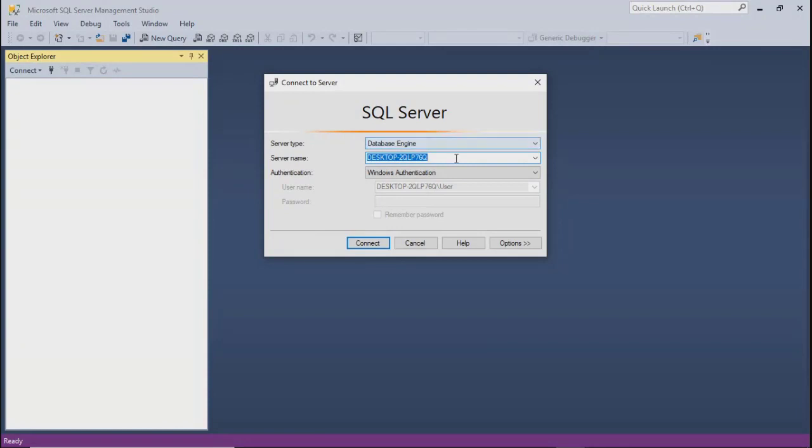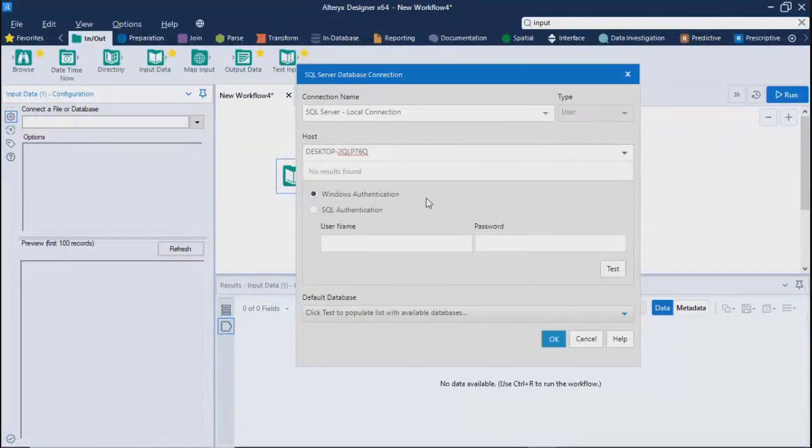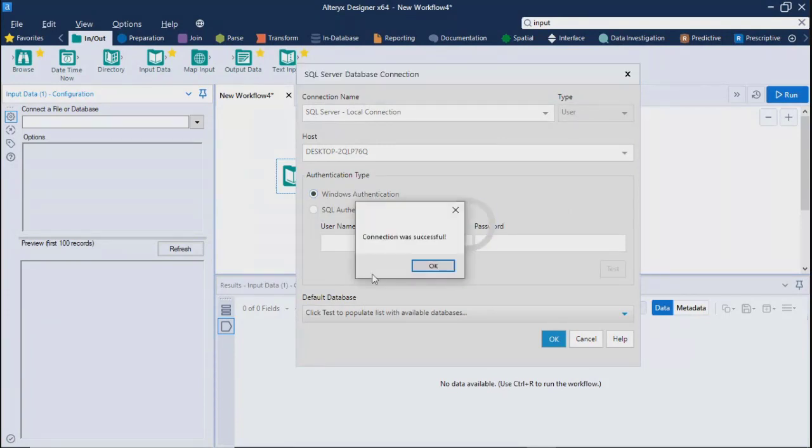I'll copy this server name and I'll put the same thing over here. Because it is on my local machine, that's why the desktop name and the subname you get. And I'll go with Windows authentication only. So you can test it. It says connection was successful.